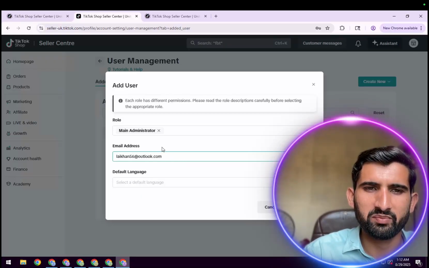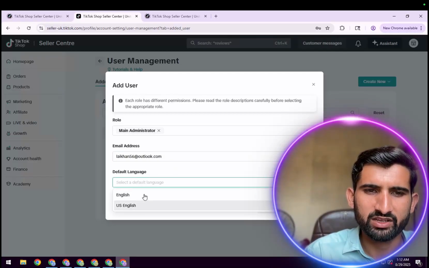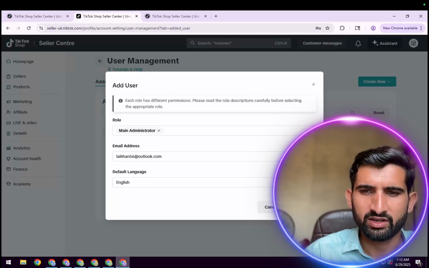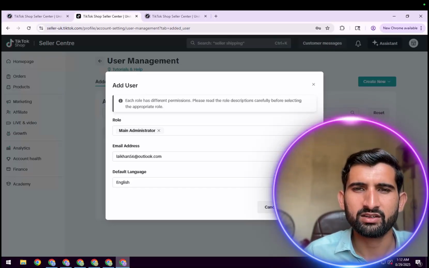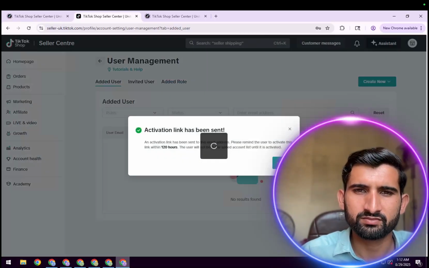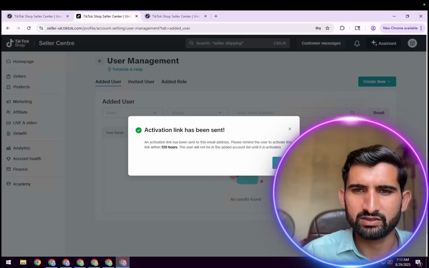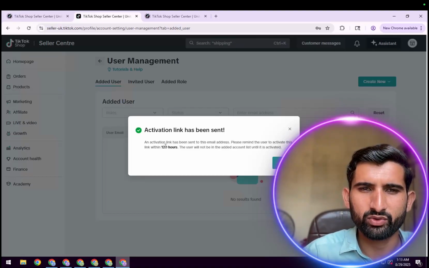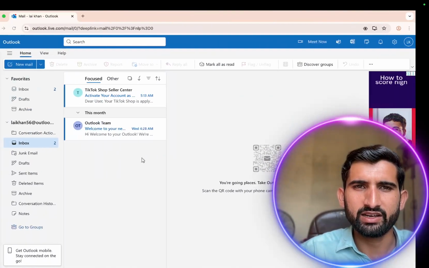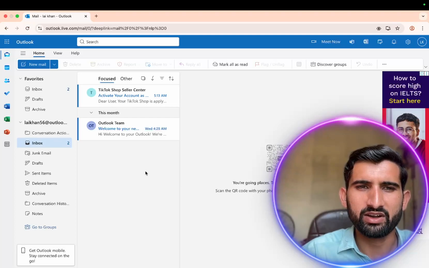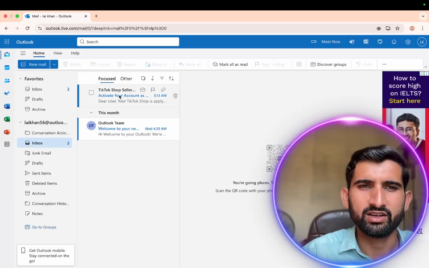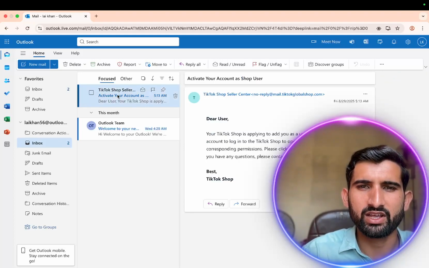Put email address. I will paste my email address here. I will select my language English. I will submit that, and we have 120 hours to activate that. I will click OK, and then I will come here to my email address, and here I will get shop invite. I will click here,